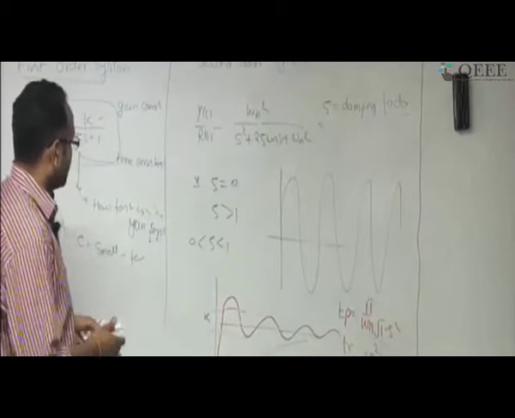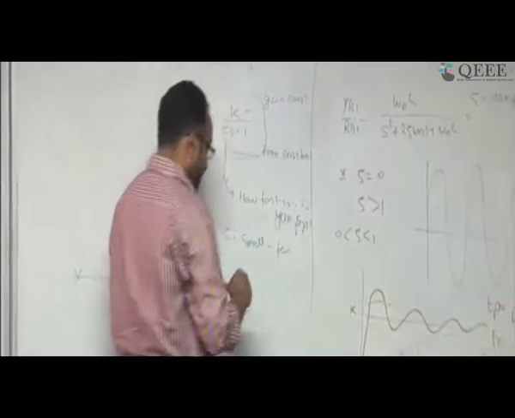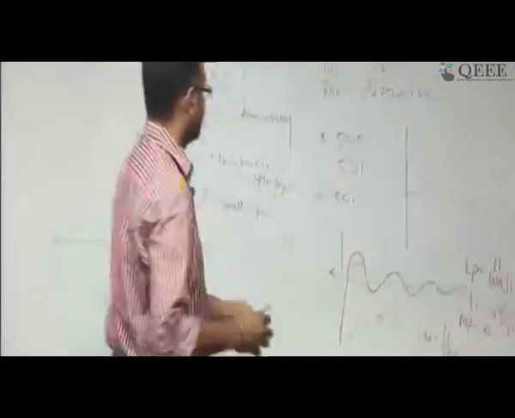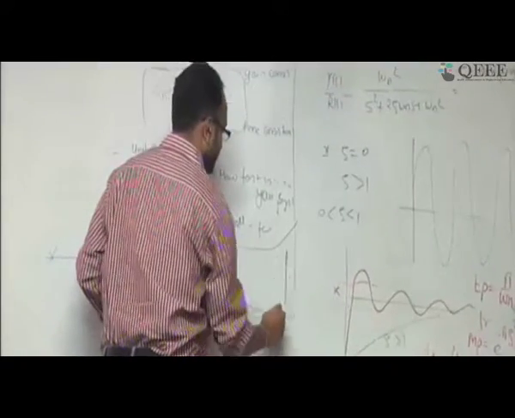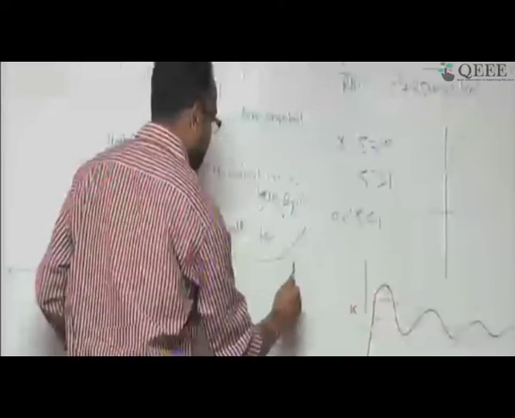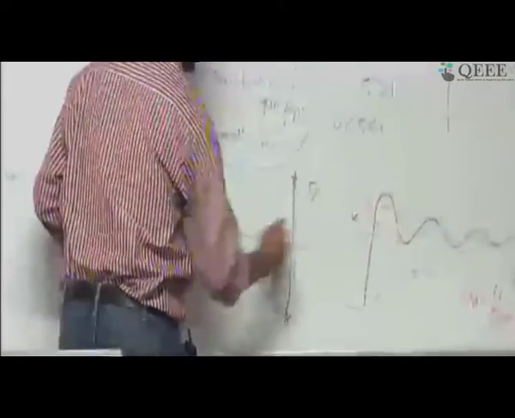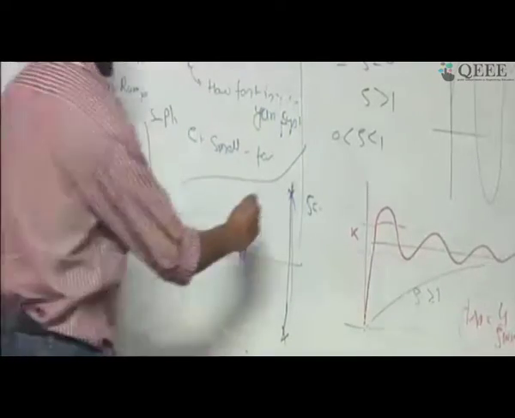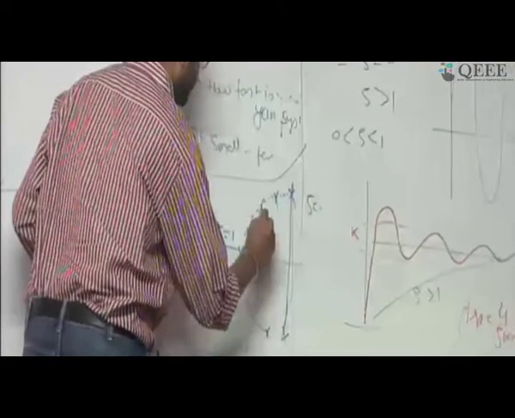Now one more aspect, as I mentioned, with respect to pole-zero location. In a second order system, since there are going to be 2 poles, I am writing it here. Please relate this with the second order system. There are going to be 2 poles at conjugate locations. If zeta equal to 0, the poles are going to be on the imaginary axis. If zeta equal to 1, both poles are going to be on the real axis. As you keep increasing zeta, they move in this direction. So this is what you can look at.